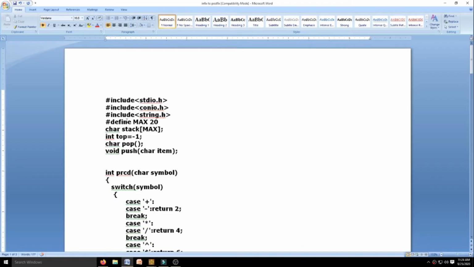Class, I explained to you about infix to postfix conversion. Now I will explain to you how exactly a program can be written to convert this infix expression to postfix expression. Before writing any program, we need to plan